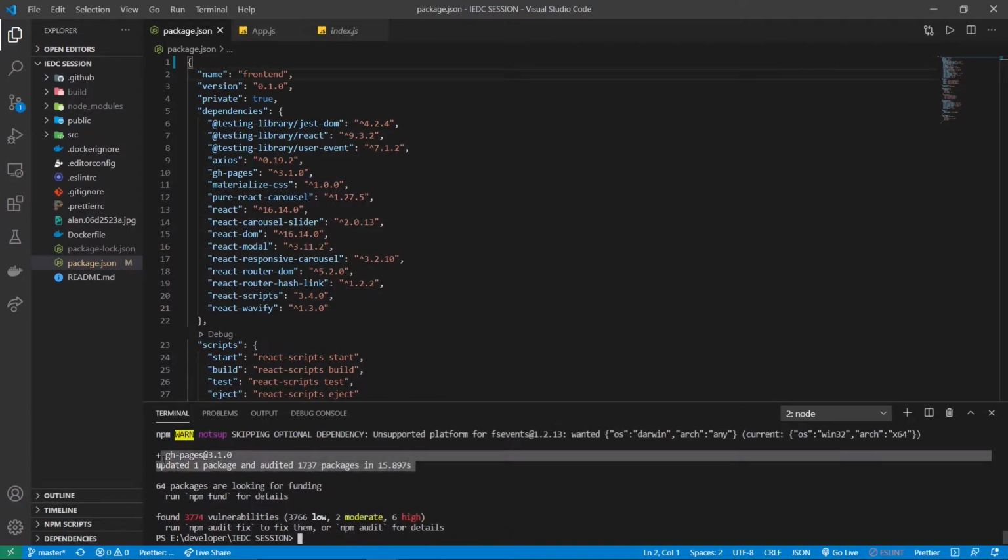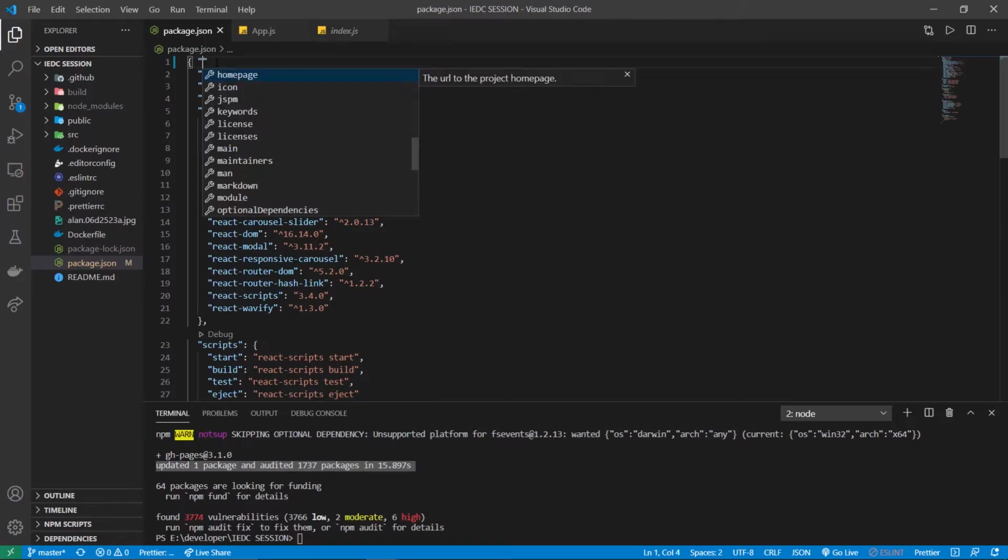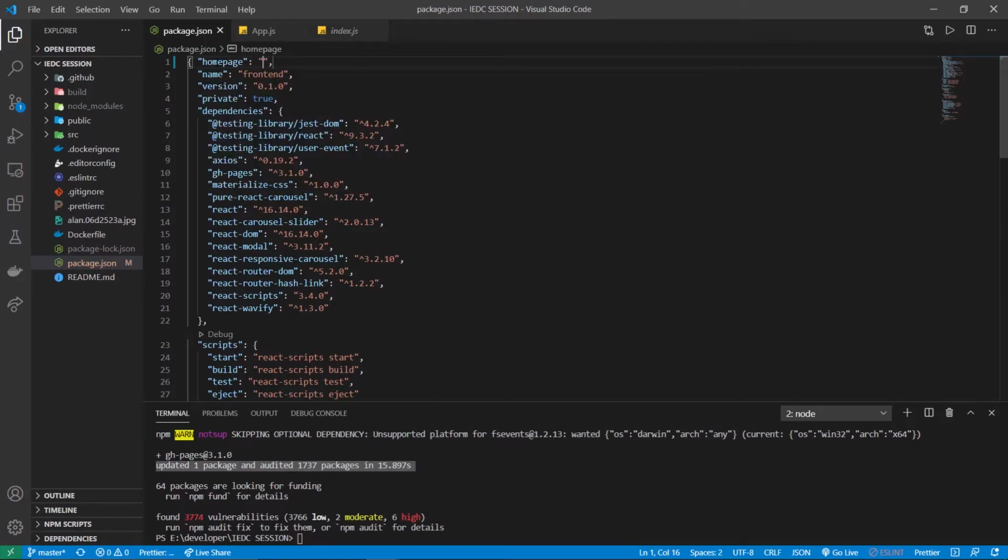After installing the package, the next thing you need to do is go into the package.json file and add a field called homepage. In that field, you should add your GitHub Pages URL, that is http:// your GitHub username .github.io/ your repository name. So my repository name is IEDC React.